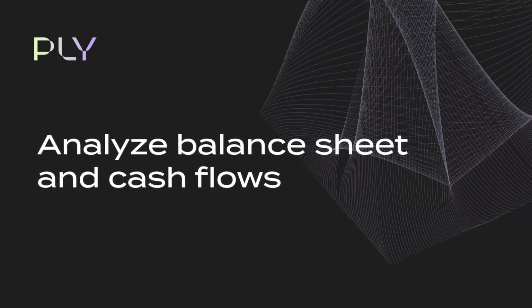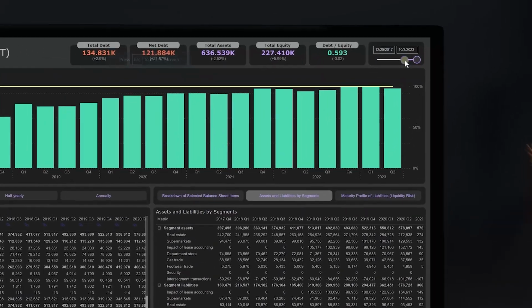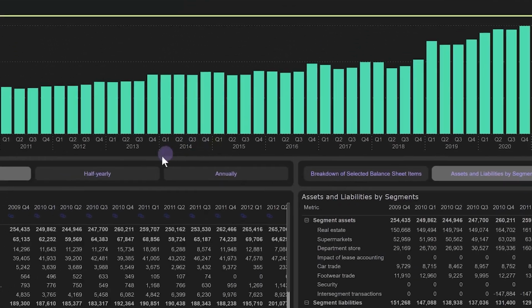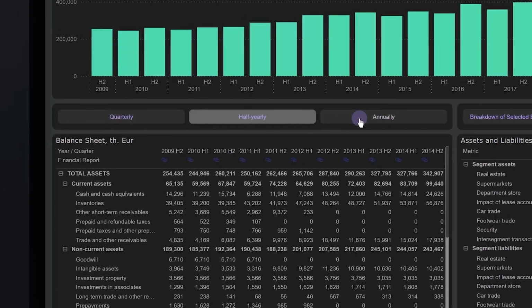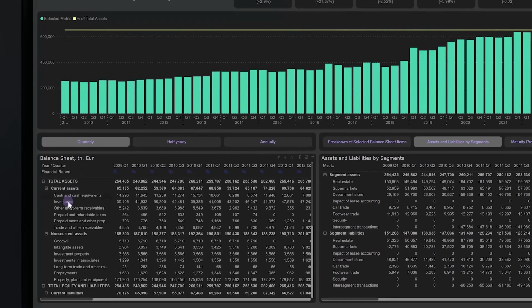Analyze balance sheet and cash flows as quickly and effectively as possible. Adjust easily analyzed period from couple of quarters to 17 years. Choose data format for analysis, from quarterly to annual. Select any items you want from balance sheet or any other table and see the numbers at the end of